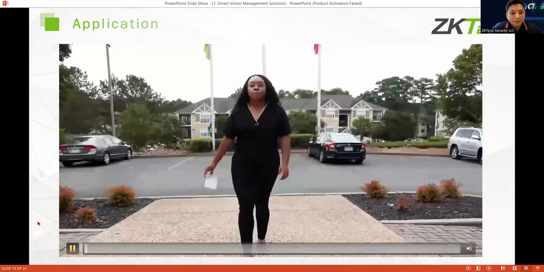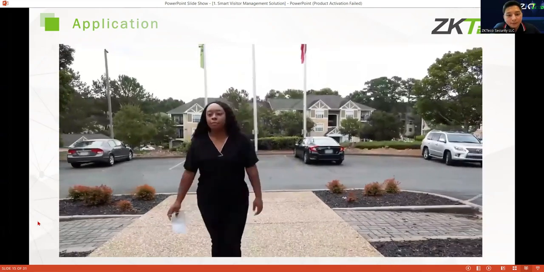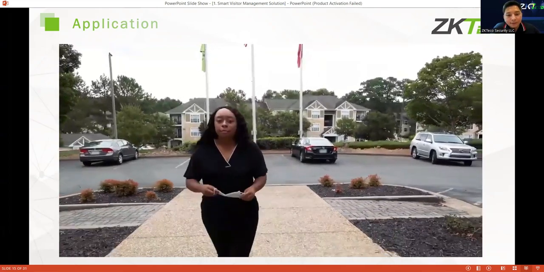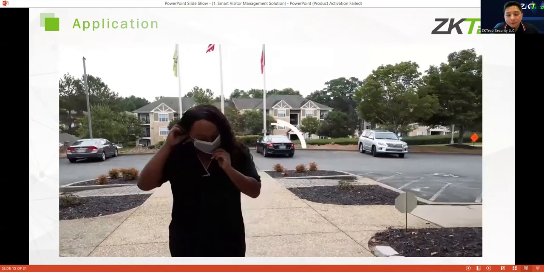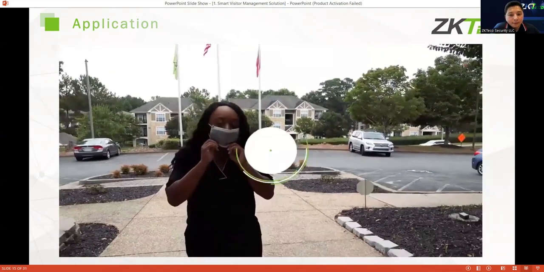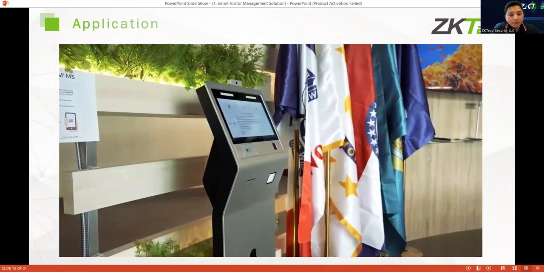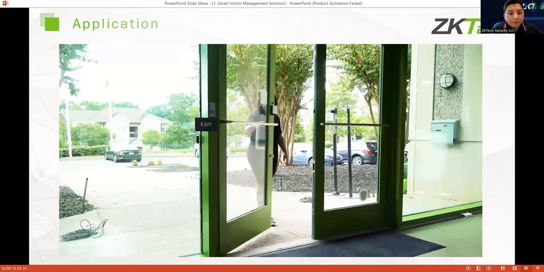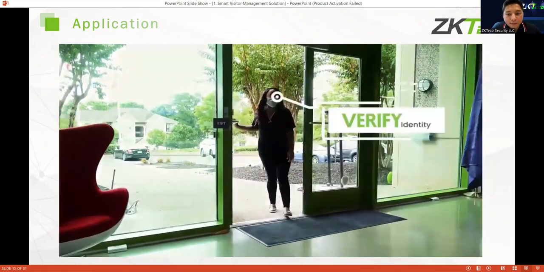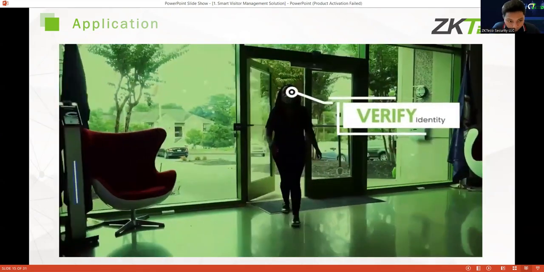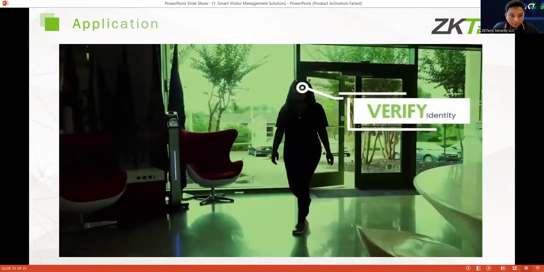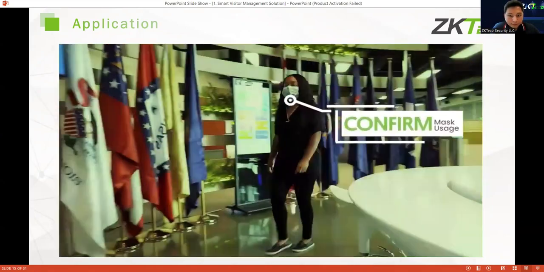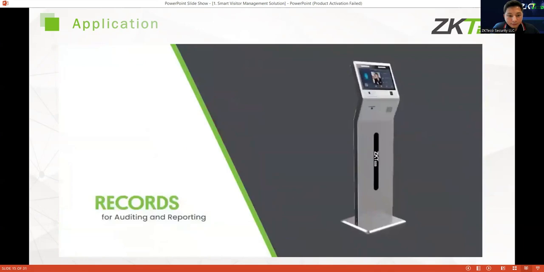Manually processing visitors' arrival at your facility can consume your time and overlook health guidelines, putting your people at risk. ZK Teco is here to help. Introducing our FK1013 Plus face recognition kiosk that has the ability to verify a visitor's identity and scheduled appointment, ensure they have an acceptable skin temperature, and confirm they're wearing a mask, all while recording the entire process for auditing and reporting purposes.